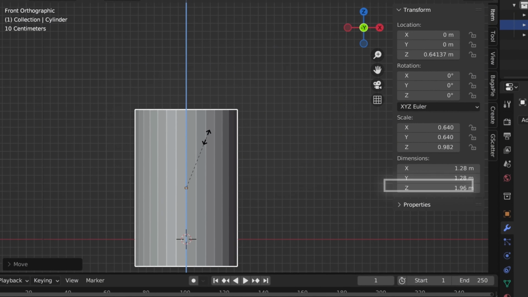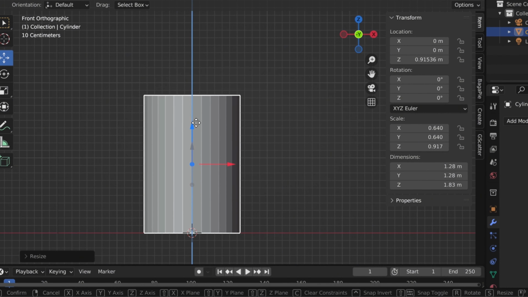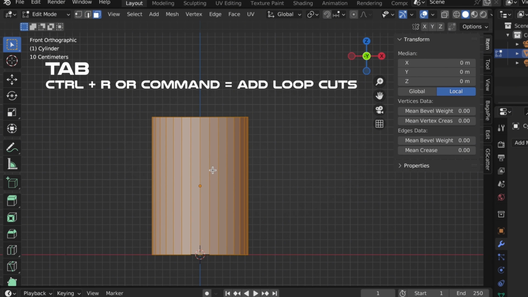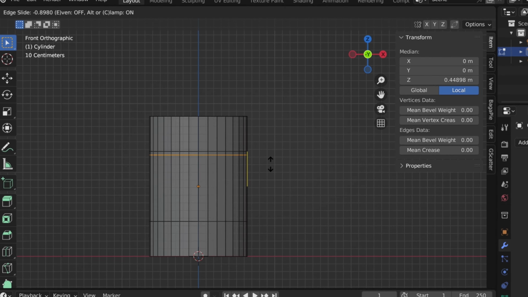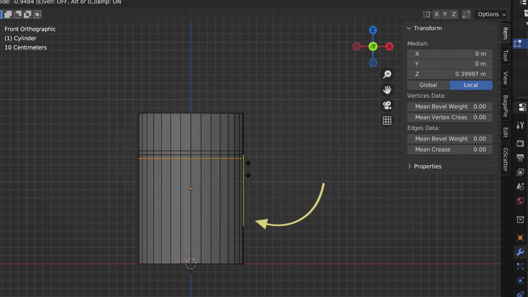To make this cylinder similar to one barrel, just scale this in Z-axis. So now if you hit Tab, you can just switch to Edit mode, and if you hit Ctrl R, you can just add loop cuts, and if you just scroll your mouse, you can just add more loop cuts. In this case, I'm gonna select one of them and press G twice just to control this in the way